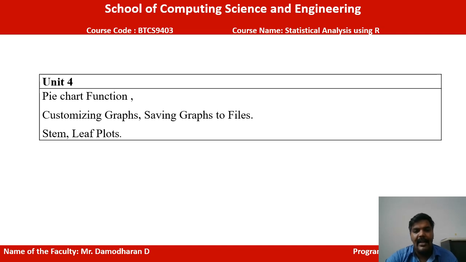Today we're going to see the next chapter in the fourth unit, the graphical representation in unit 4. We have already done how to create a bar plot and how to plot lines. Next we will see how to use a table to convert to a graphical representation, a pie chart, and some other graphical representations such as the stem and leaf function. Let's see them one by one.